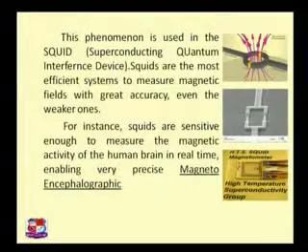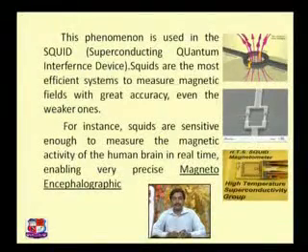SQUID is an acronym, a short form of superconducting quantum interference device. Here the things are not new for you, other than the word quantum. Superconducting, because we are studying a superconducting material, and the material used to fabricate this device is also superconducting material. Then interference, that you already studied, but that was superposition of light. Here we have the same kind of arrangement, superposition of fields. It is carried out at a very small magnitude, that's why it's called a superconducting quantum interference device.